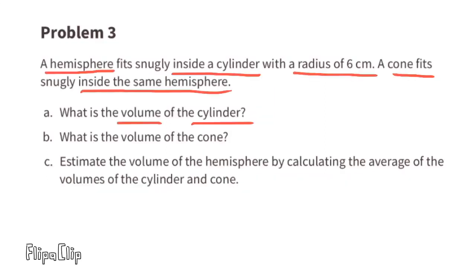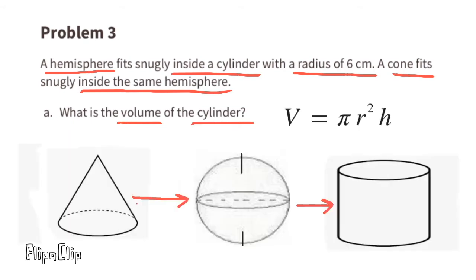Problem number 3. A hemisphere fits snugly inside a cylinder with a radius of 6 centimeters. A cone fits snugly inside the same hemisphere. A. What is the volume of the cylinder? On the right-hand side,